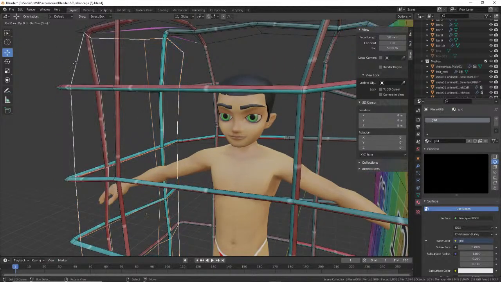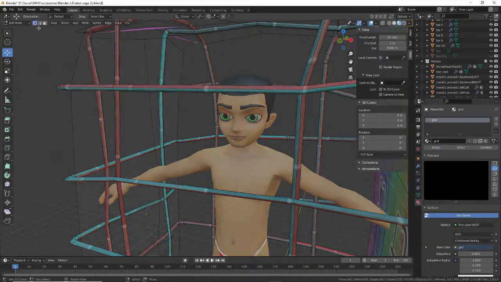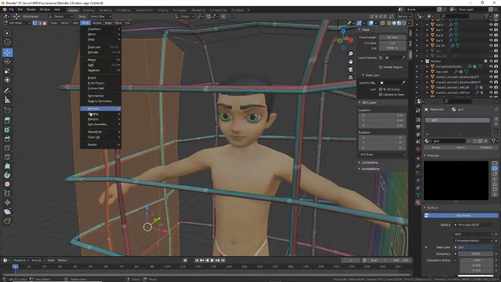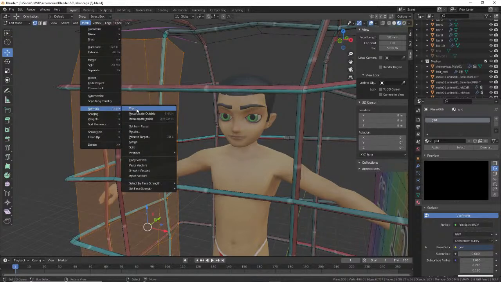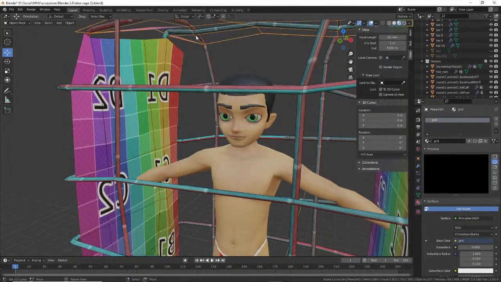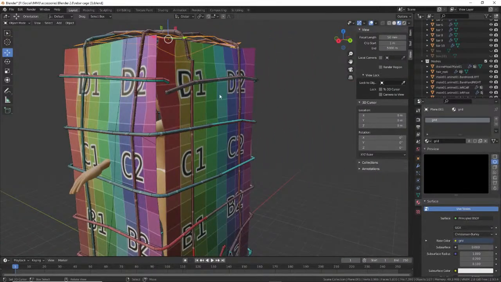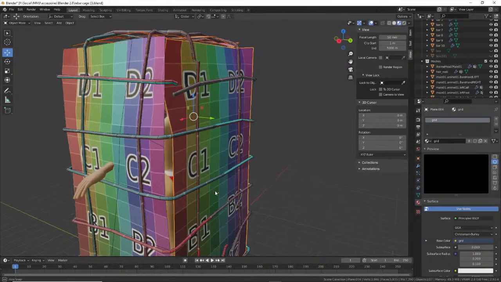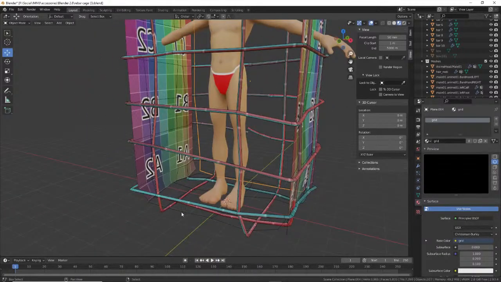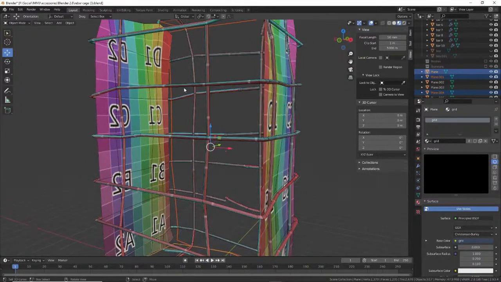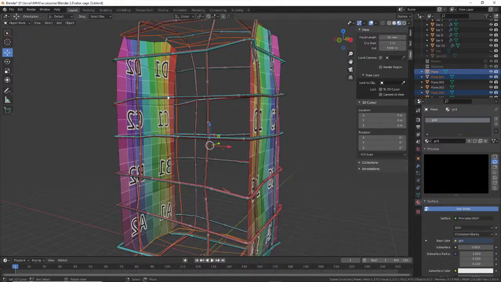Object, duplicate, press escape, edit mode, select all, mesh, normals, flip. And because Blender now has the multi-edit feature, we can select multiple objects. Let's just remove the avatar for the moment. So duplicate those, shortcut, Shift D,